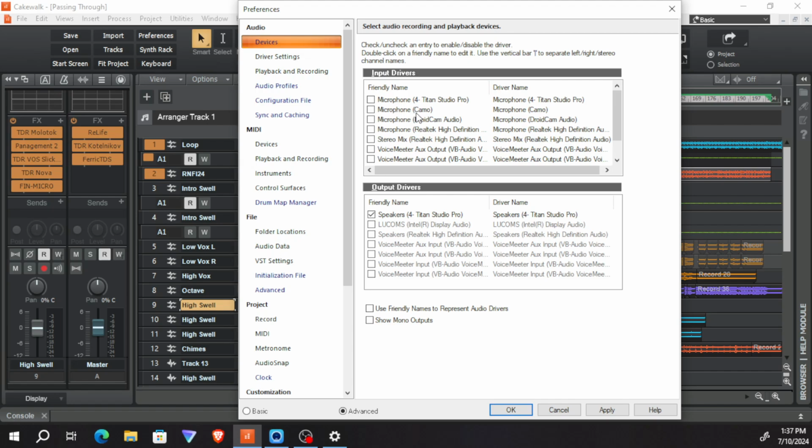There's microphone from other sources. Microphone Realtek High Definition. That's my laptop, my laptop computer's internal microphone. If you were going to start out just with your laptop and Cakewalk downloaded, installed, and fired up, and you